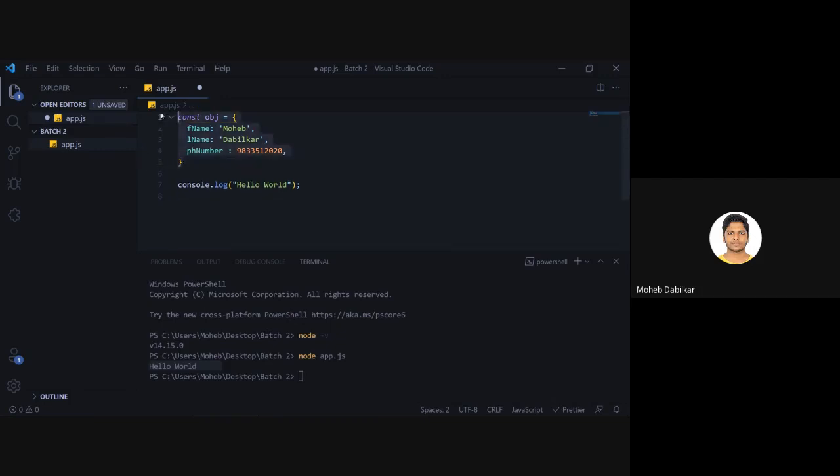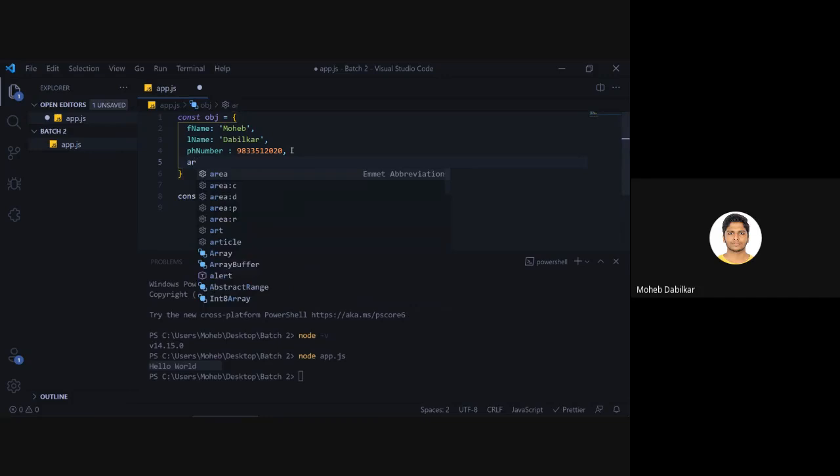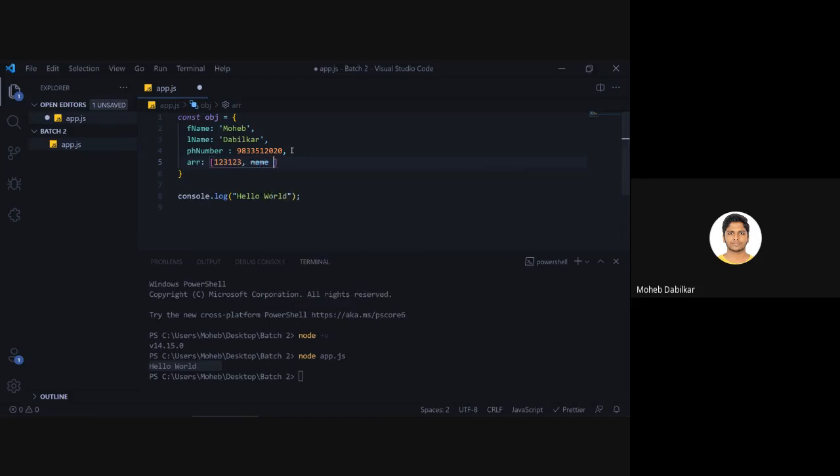But what we will be doing is using objects inside an array. Now you can create an array over here. So let's just say array, and then over here we will say anything. You can say, like, I have more than one phone number, but you are supposed to insert one type of data only. So if I enter 123 over here and then I insert a name over here, well, it won't work. Okay.